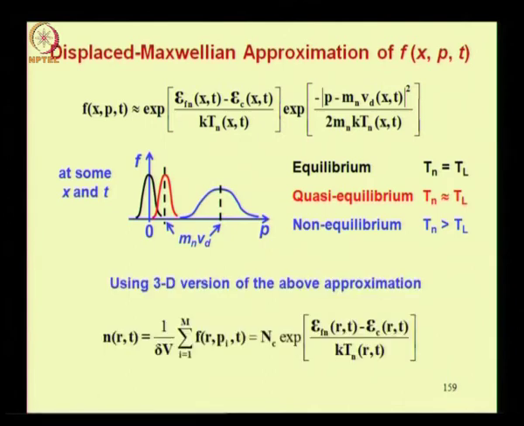Now using a 3D version of the above equation, here we have written terms as a function of x. In the 3D version, this x is replaced by r. So one can derive, we are not doing the derivation, we are just showing the results using the same formulae that we have introduced for carrier concentration and current density in terms of the distribution function. One derives this expression for carrier concentration, which we have derived in the first level course from a different starting point. So Nc into exponential of Efn minus Ec by KTn.